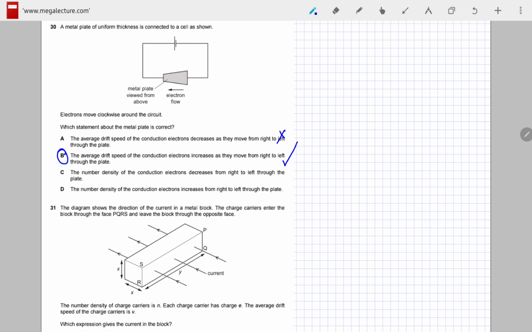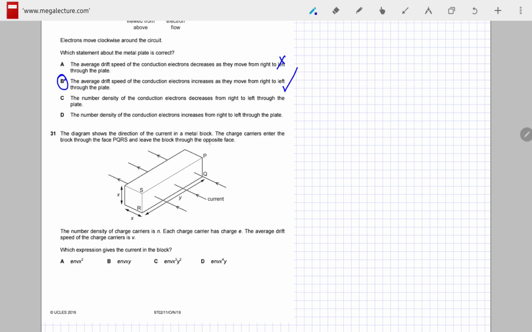31. The diagram shows the direction of the current in a metal block. The charge carriers enter the block through the face PQRS, as we can see, and they leave the block through the opposite face, right? So the number density of the charge carriers is n, and each charge carrier has some charge, which is e. The average drift speed of the charge carriers is v. Which expression gives the current in the block? So you know the expression for current in terms of drift velocity is I is equal to nevA,